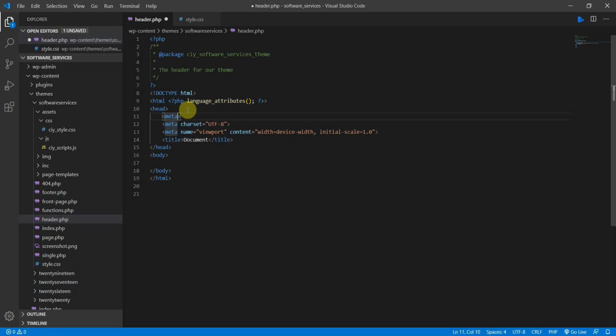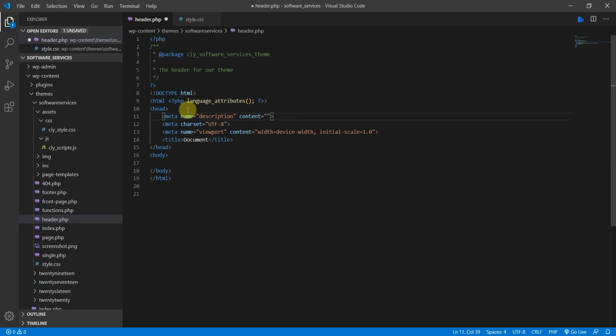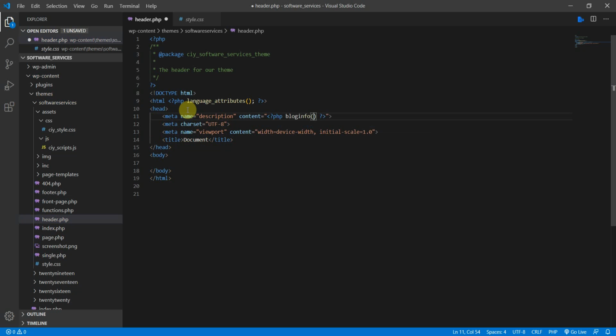so first let's do name equals description, and then we need to use content, and in here let's open up the PHP tag, and we're going to use a function called bloginfo. The bloginfo function takes in a lot of different parameters, so we're going to use description here and a semicolon at the end, and you get all this information from